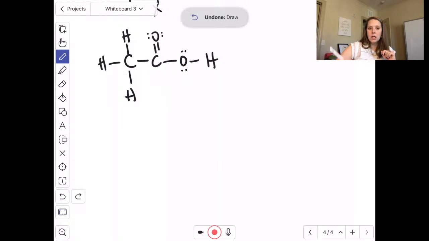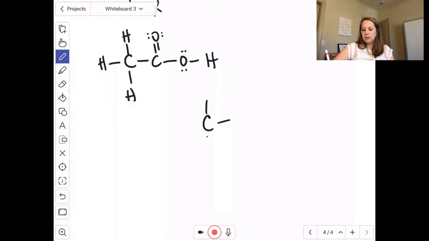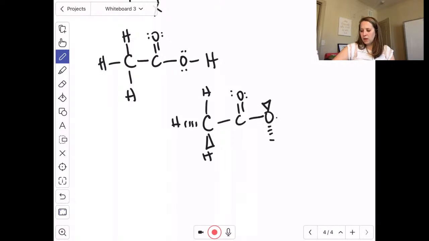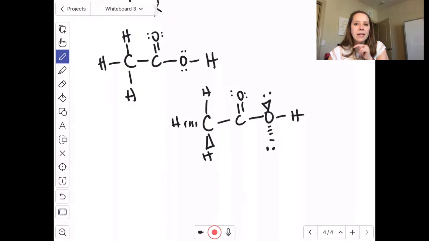I'm going to erase those lines so that they don't confuse us. But those 3 structures, what we don't want to see is the following. What I will not give credit for is, probably a more accurate statement, would be this. So this structure is wildly incorrect because it doesn't give us any new information than this Lewis dot structure that you can see in the top. So if this is our provided Lewis dot,